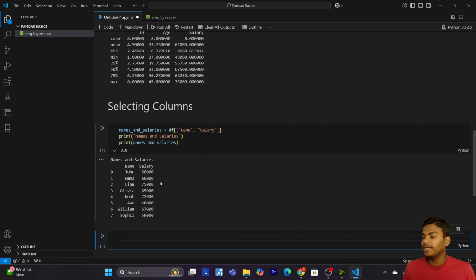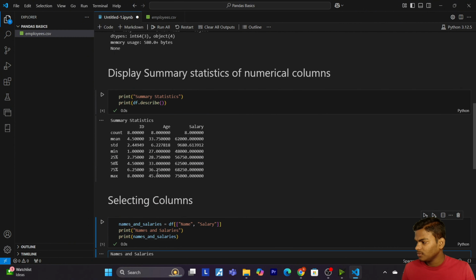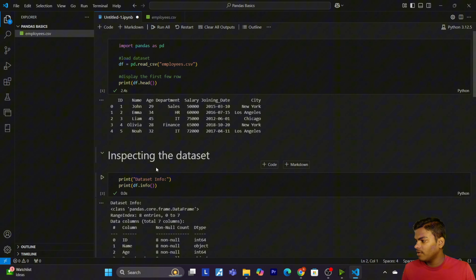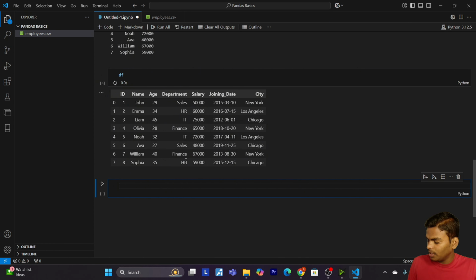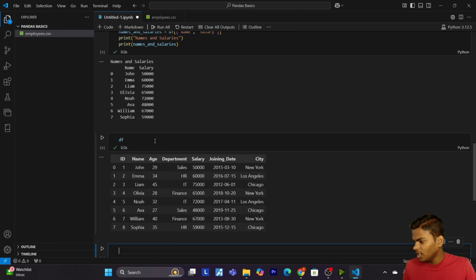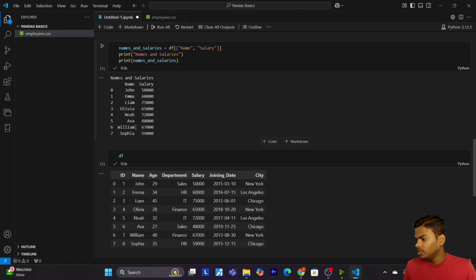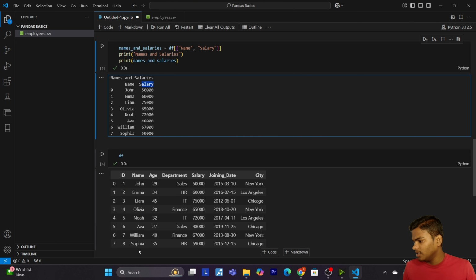So here you can see that I got the two columns called name and salary. Here you can see that we have our data set. Let me import it, so now it will be much easier to see. So we have name and salary columns, we have 8 rows, and in the salary we also have 8 rows.